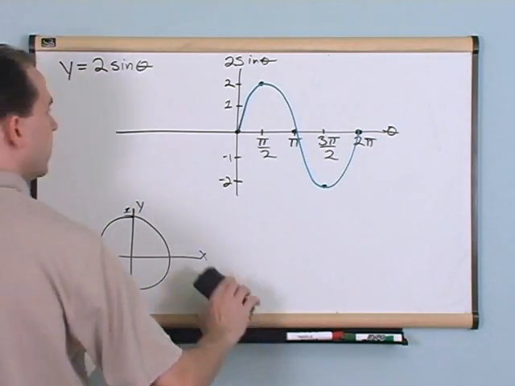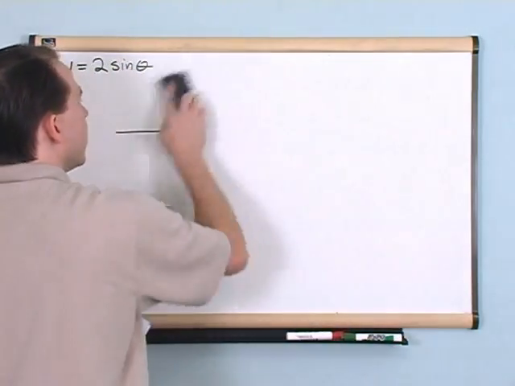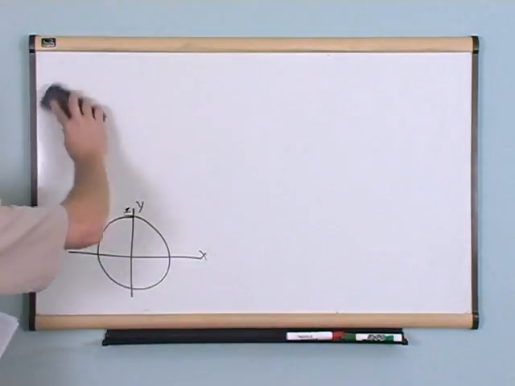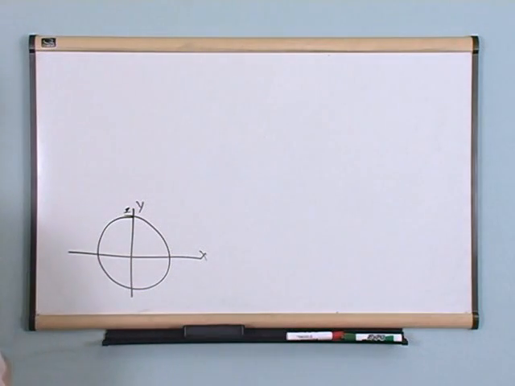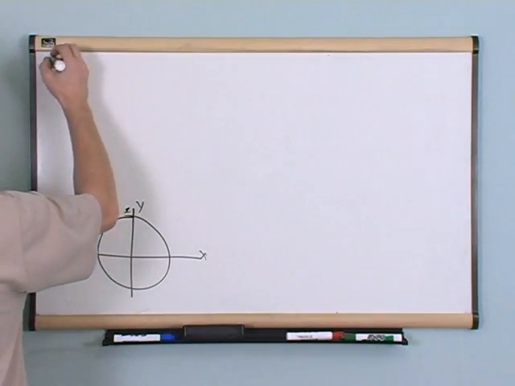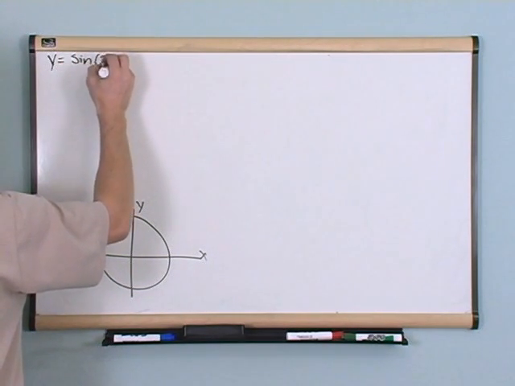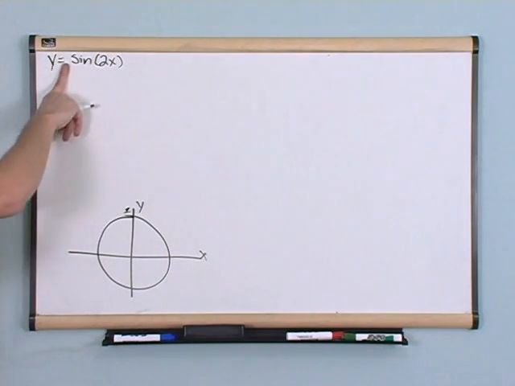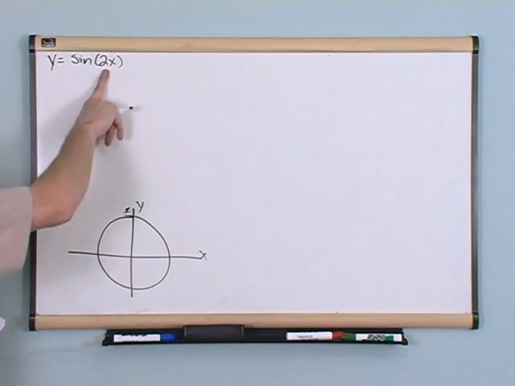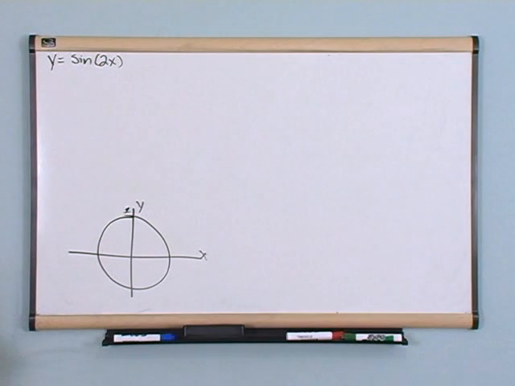Okay? So let's erase this and we'll move on and try to monkey around with the period of the function, and I'll show you how that works out in just a moment. First thing to notice, though, is let's figure out what we're going to plot. So let's say the test has y is equal to the sine of 2x. Okay? Now, we don't have anything in front multiplying here, but I have something inside multiplying there. And you'll see that does change things a little bit. The easiest way to do that